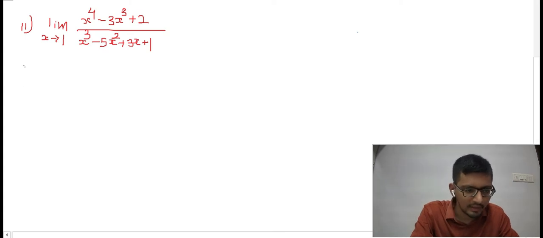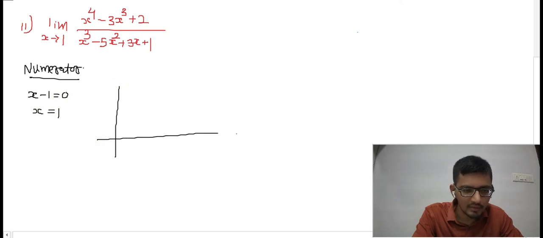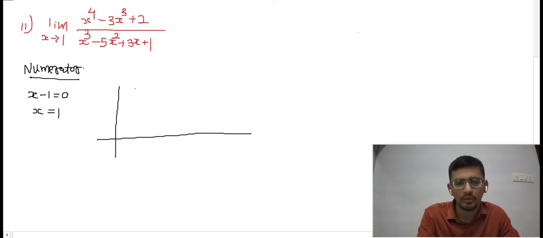So listen here. First, I will take care of the numerator. The numerator is this polynomial, and you know that x minus 1 is one factor. Whatever factor is given, you equate it to 0. So x minus 1 equated to 0 gives x is equal to 1. Now how will this synthetic method be used? First we focus on the dividend polynomial. Make sure it is written in standard form, and if any term is missing as per standard form, you should write a 0 for that. This is a biquadratic polynomial.